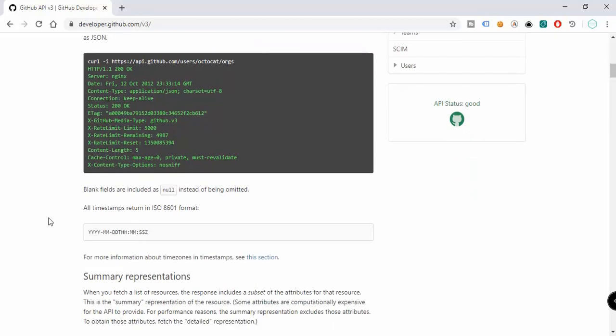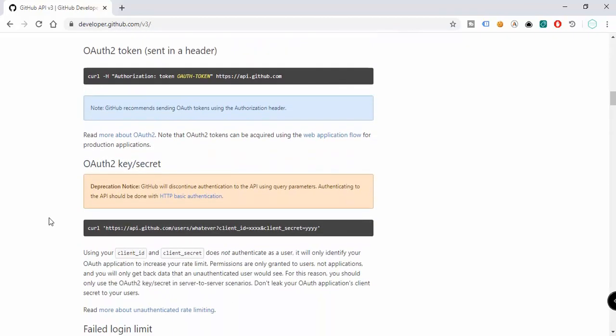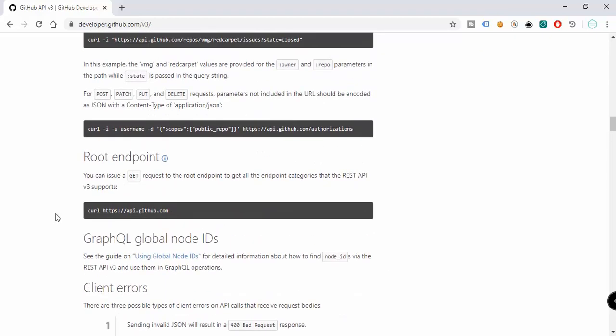We can see the different methods that we talked about in the previous video, and we can see the endpoint. This is the root endpoint of the API of github.com. We can issue a GET request to the root endpoint to get all the endpoint categories that the REST API version 3 supports. We can use curl